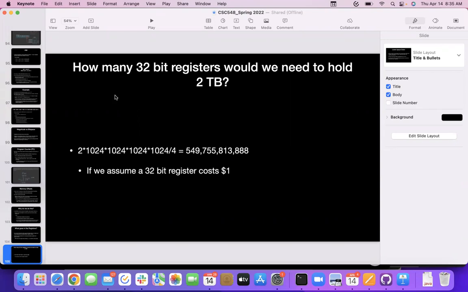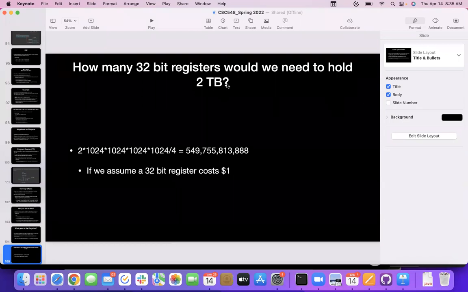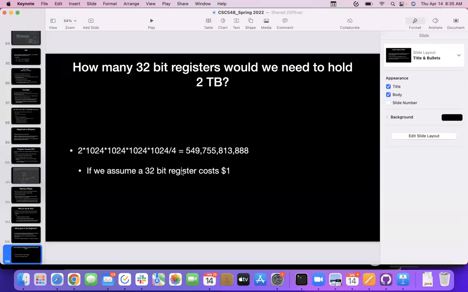Let's assume that a single 32-bit register on a processor costs $1. Well, if we wanted to hold 2 terabytes of data, which is not an unforeseen size, you can get 2 terabyte solid state drives for $150, something like that. Not ridiculous. How much would that cost if we were using the hardware register technology? Well, it would cost